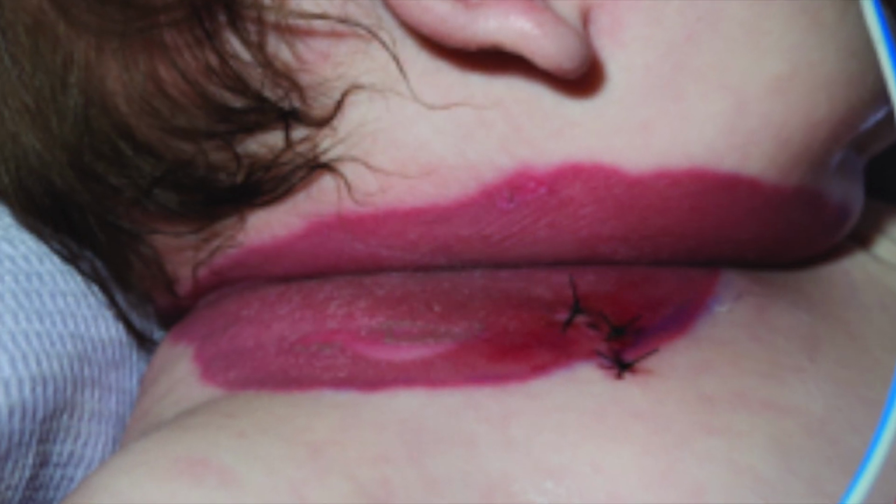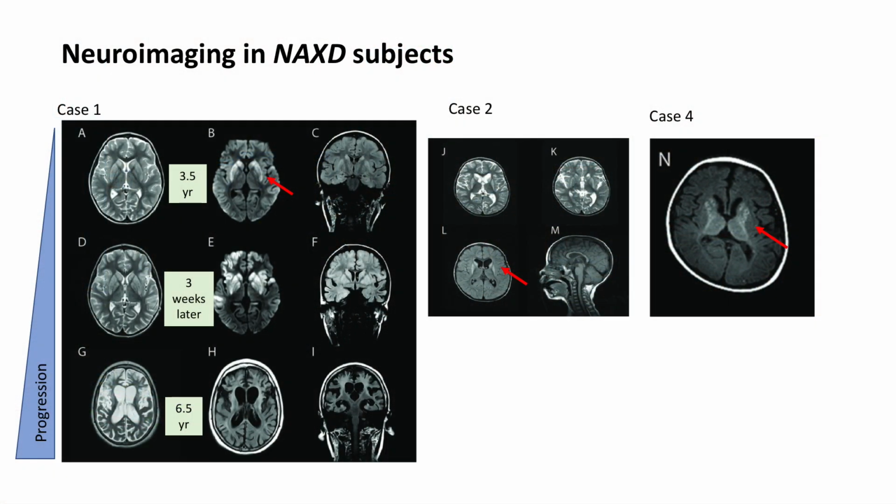This included episodes of encephalopathy and progressive neurological damage, usually precipitated by what might otherwise have been a mild febrile illness. During such episodes, many of the children developed severe necrotic lesions, which in some instances was described as toxic epidermal necrolysis. 2 of them developed a cardiomyopathy. Sadly, all of these children died before they reached adulthood. This figure shows brain MRI scans for 3 of the patients. The arrows indicate symmetrical basal ganglia involvement, and the serial scans from the first case show the neurodegenerative progression of